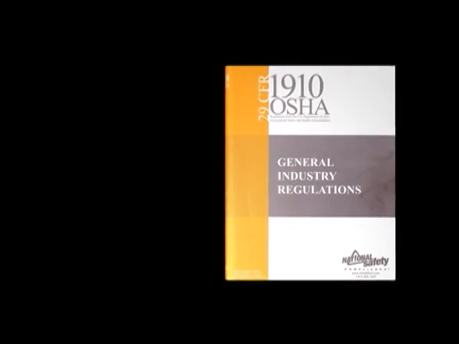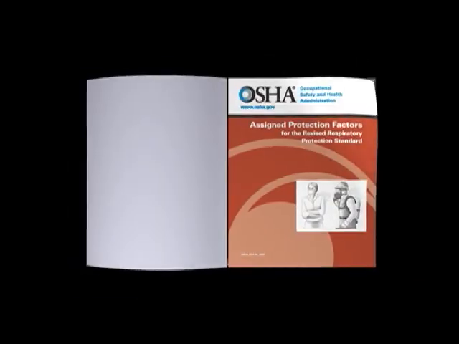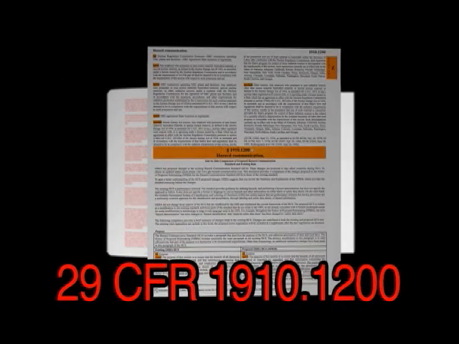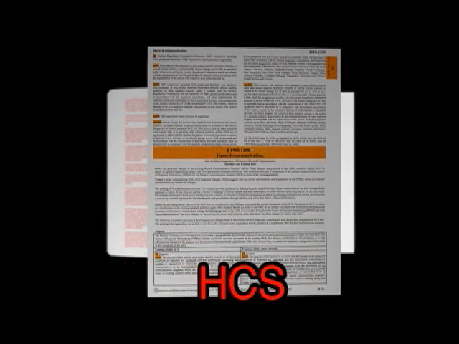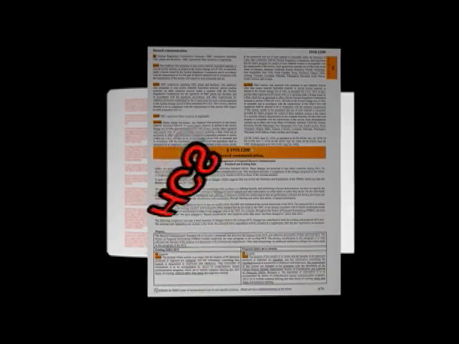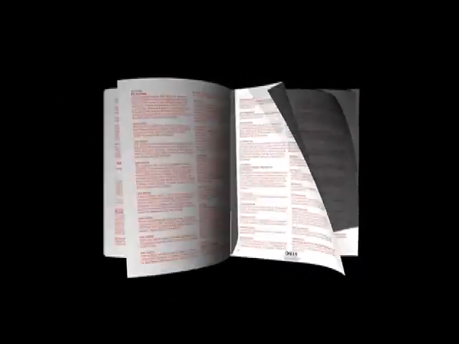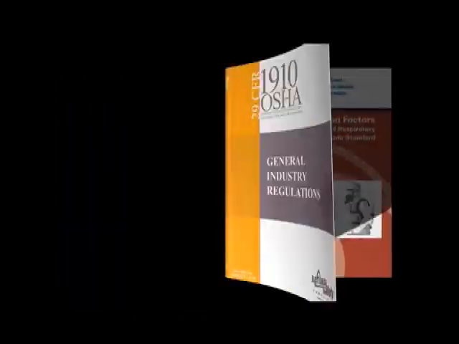The Occupational Safety and Health Administration created the Hazard Communication Standard, 29 CFR 1910.1200, or HCS, to specify the different measures and precautions employers must take to communicate and train employees about chemical safety. The standard is based on a simple concept. Employees have both a need and a right to know the hazards and identities of the chemicals to which they